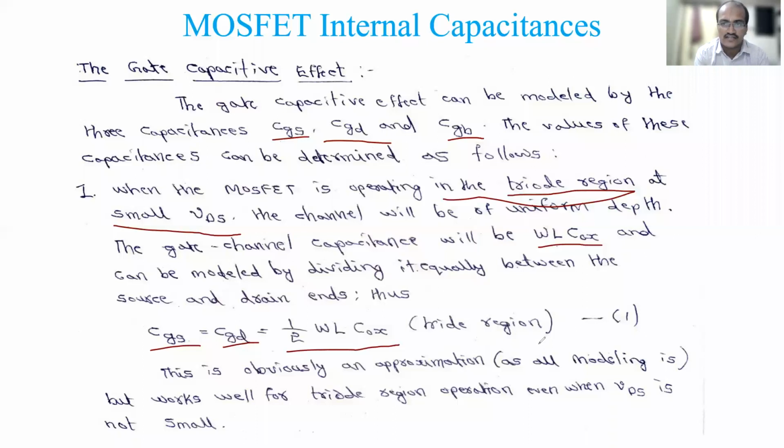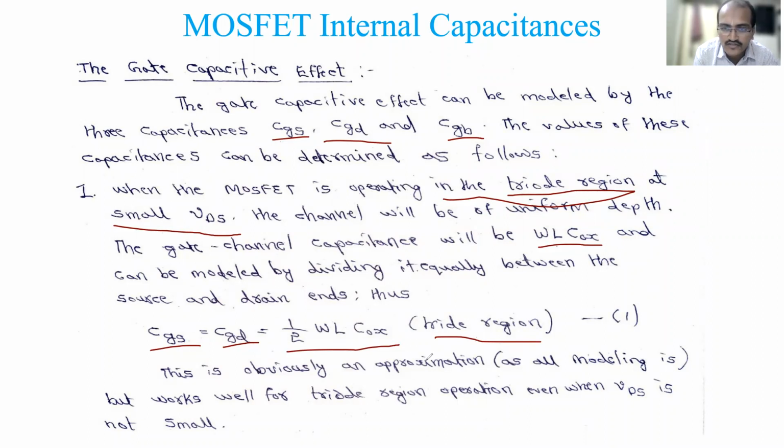We have studied four different aspects of the MOSFET operation. The very first is reverse bias, the very first picture I have shown. Second, we apply a small gate voltage so that the p-type holes move downwards and a channel is formed. Then we fix the VGS value and apply a small VDS so that there is a current flow from drain to source. That is called the triode region, and in it the capacitances CGS and CGD are equal to 1/2 WLCOX. I hope you are able to understand.